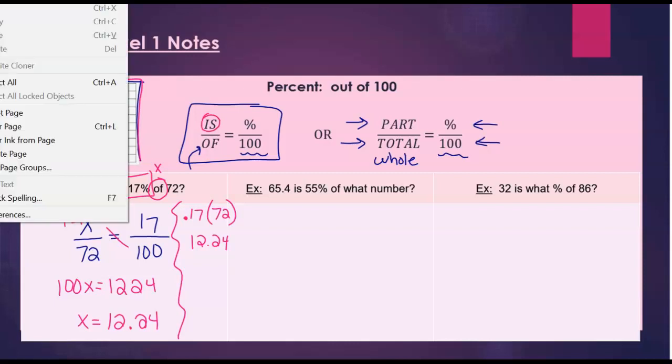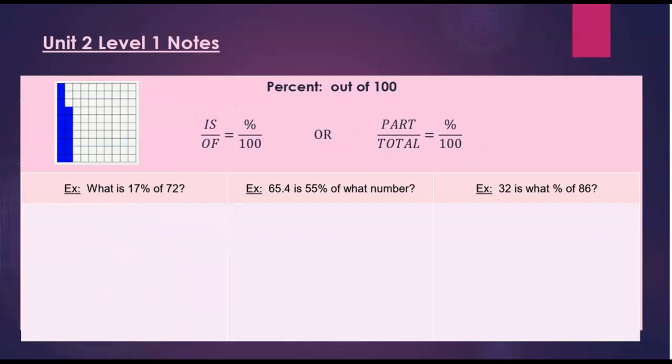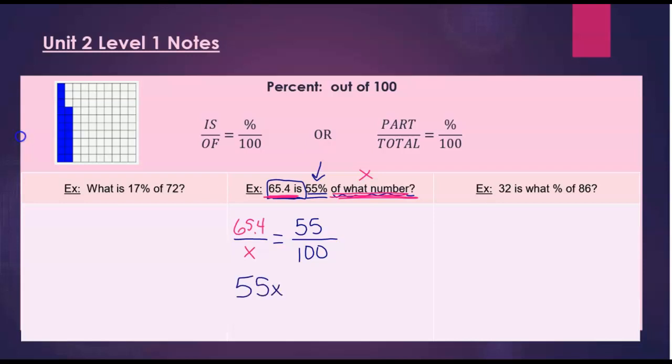Next one. 65.4 is 55% of what number? All right. So I have 55%, so I know that's 55 out of 100. Now 65.4, is that your total or is that your part? Well, I want 65.4 out of what number? So the of part is the x, and 65.4 is on top. Cross multiply that, 55 times x, and 65.4 times 100, and we divide that out